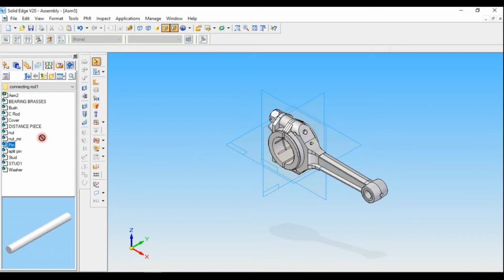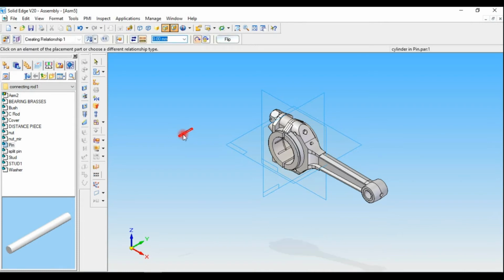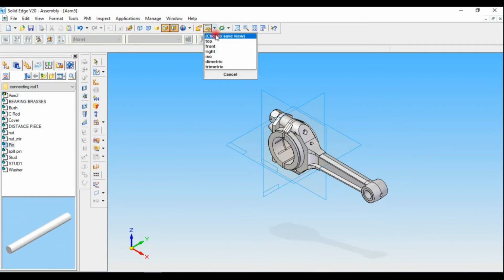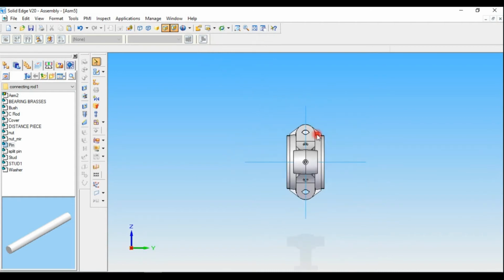Pin, you have to bring into the sheet. Like this, drag into the sheet. Then you have to, for three line, this edge should align with this edge. Like this. Now if I rotate the drum like this, on the right side you can see an extra portion here.